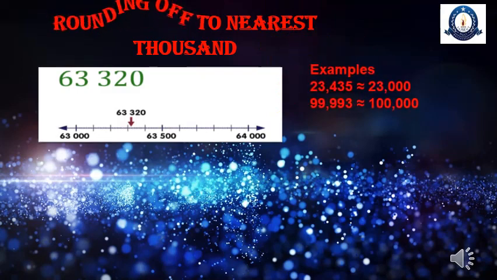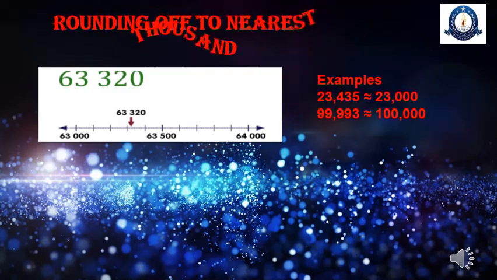Now let's see how to round off to the nearest 1000. The rule is the same. Now you will see the place of 1000. Again you will revise 2 families and that rounding poem. Look at the number 63320. You have to round off to the nearest 1000. So you have to decide 2 benchmarks in thousands, 63,000 and 64,000. Midpoint is 63,500. Now look at the number 63320. It is close to which number, 63,000 or 64,000? It is close to 63,000.